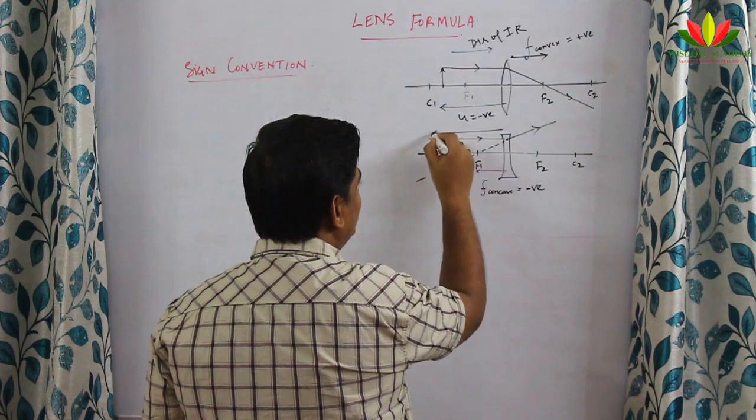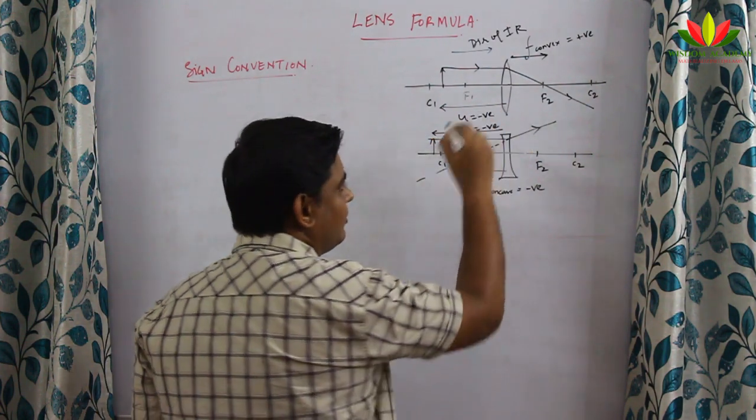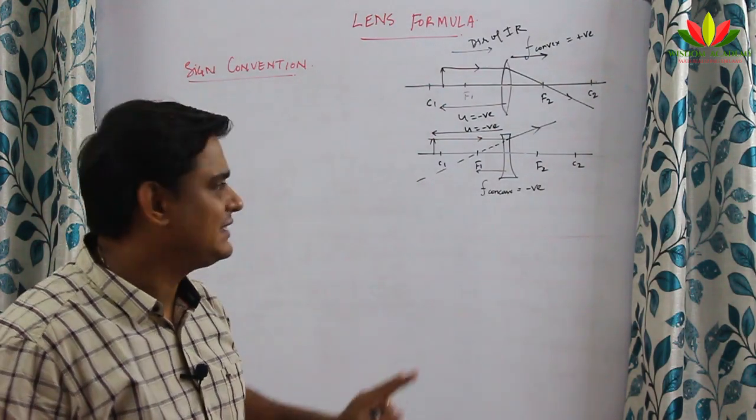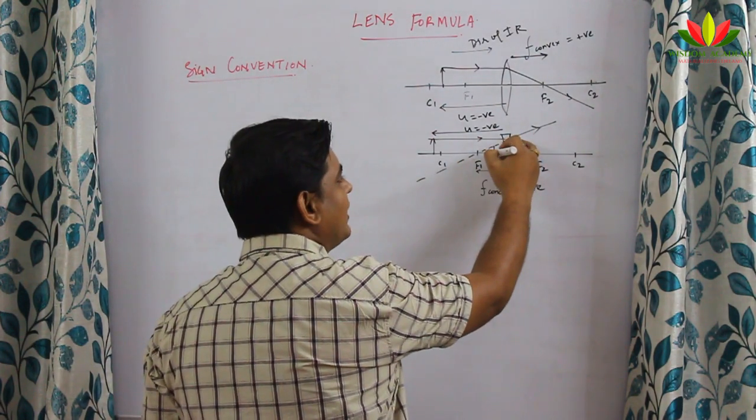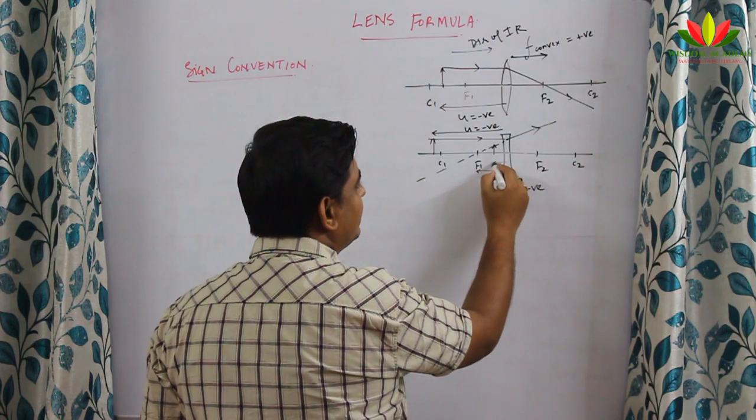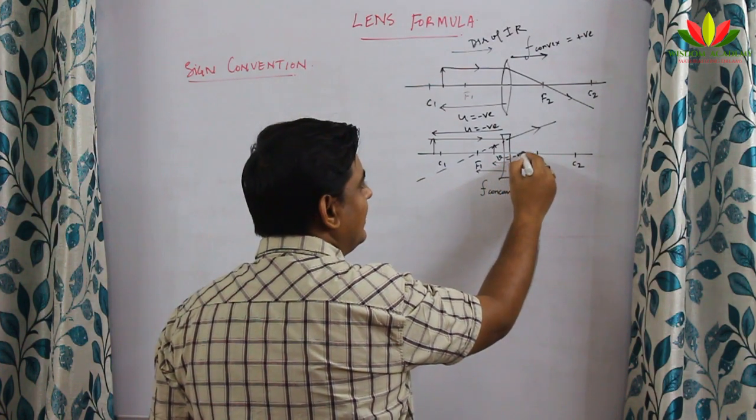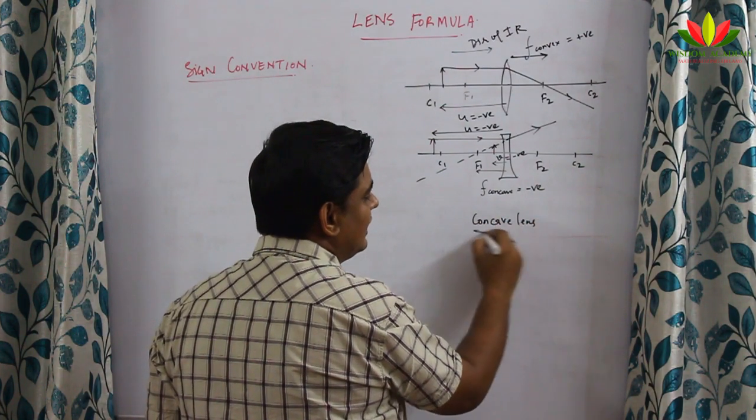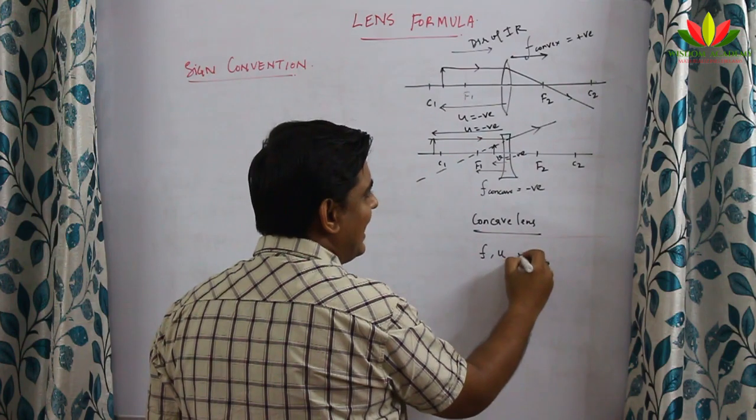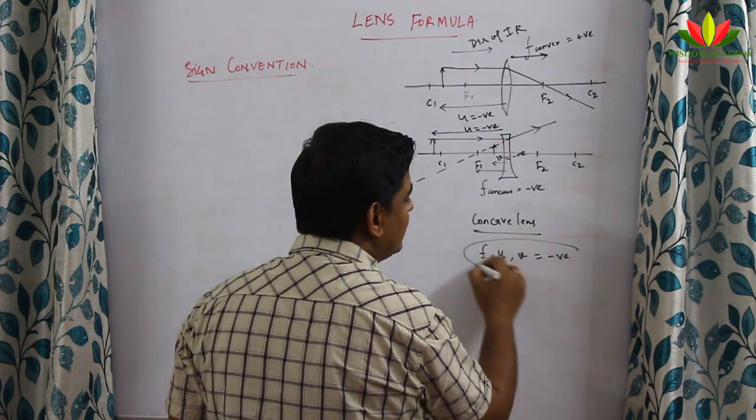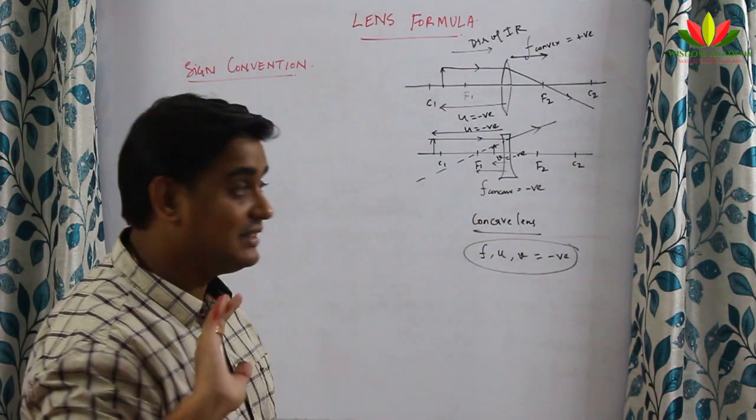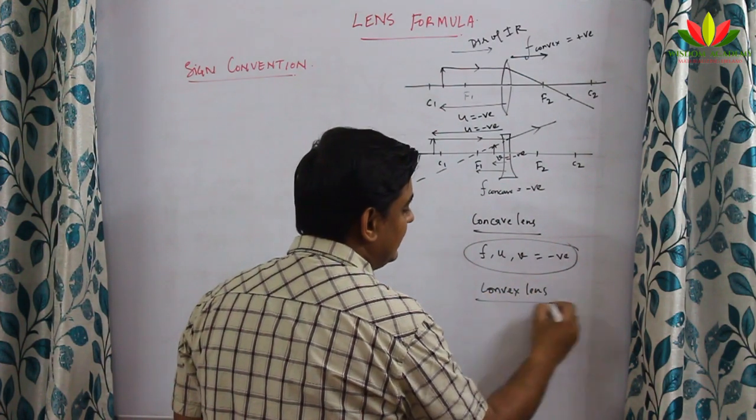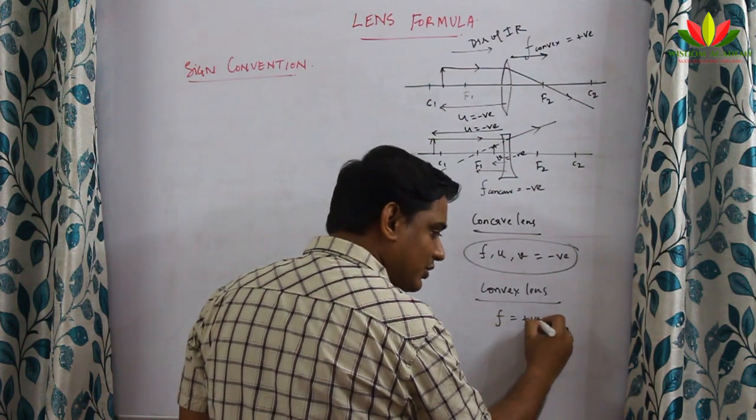Here also see U. So U will always be negative only, because the direction of the incident ray will always be against the direction of U. And V depends. In this case, always the V is formed here only. So here V also will be negative. Here V also will be negative. So we can write very conveniently that in all the cases of a concave lens, F, U and V, everything is always negative. But in the case of a convex lens, F is always positive,